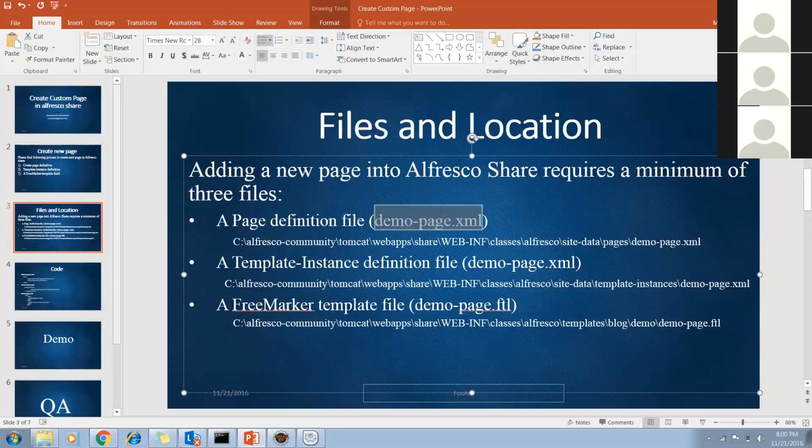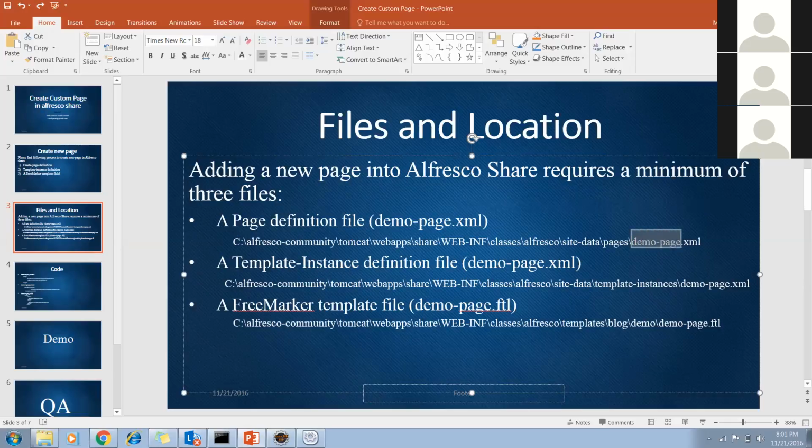We have to create some XML file. In that XML file, you will define your page definition, as we have seen, and this should be on this path, in your local location. This name is your ID, and all other files should have the same name. Then it will automatically pick the file. At this location there could be thousands of XML files, so which XML file should it pick? That will be identified with this ID.